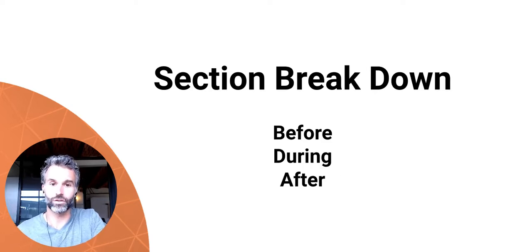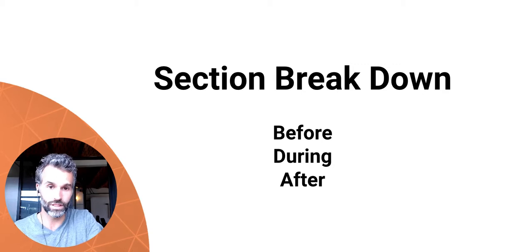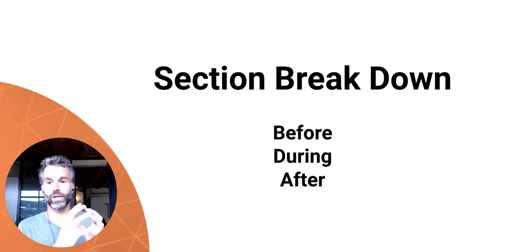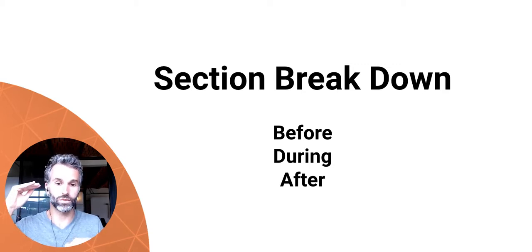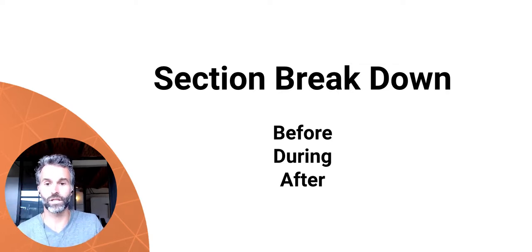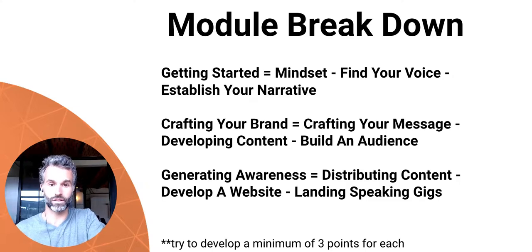So you break down your sections, to keep it really, really simple. On your big topic, you're going to speak about what comes before, what comes during, and what comes after. Now, this can be done in a bunch of different ways, but I'm just thinking about the simplest way to break down a conversation or a topic in sections. So if we go back to our original personal branding example, this is how it would work.